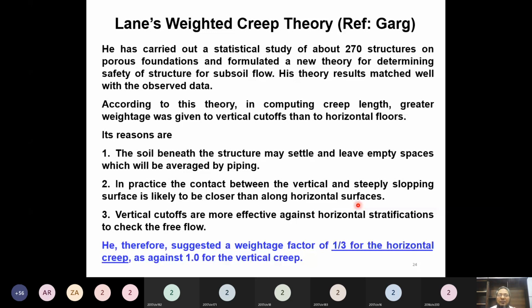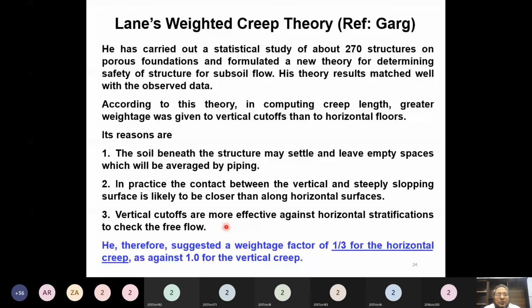If there is a vertical component, then the soil's contact with that component is stronger as compared to horizontal. If the soil settles here, the contact is lost. So vertical cutoffs are more effective against horizontal stratification to check the free flow. He gave the concept that to check, meaning to stop, the free flow, the vertical